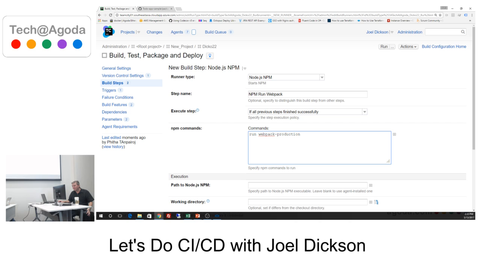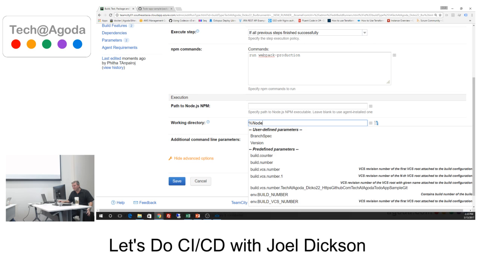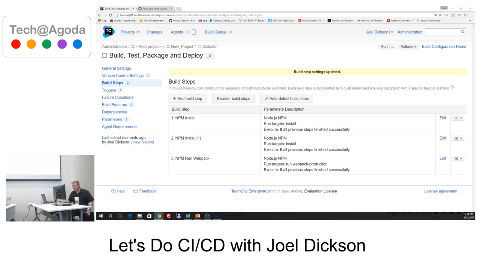And then again, with this one, we've got to put in the node working directory. So just paste in your parameter there, and you should get statement completion here as well. No, I don't. Hasn't updated yet. Cool. And when you're done with him, hit save. So the next one that we're going to add,